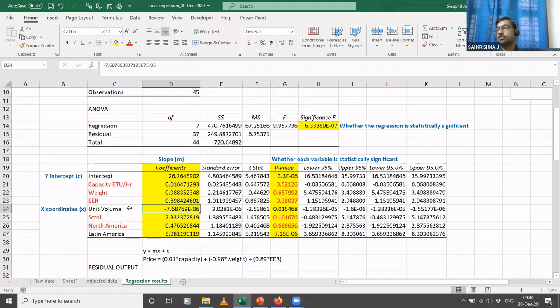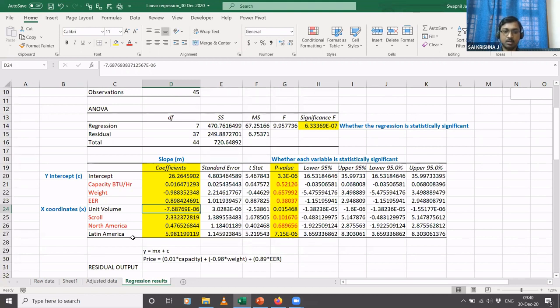So that's what it means basically. So typically, if you see in any industry, if you purchase something in bulk, they will give you a discount. Okay, the same thing happens here. So when you purchase more units, or when you purchase a higher volume of units, then you get a discount on the price that you get for each part or each compressor. So the discount is the reduction in the price, and that is what this negative slope indicates, minus 7.68 into 10 power minus 6.